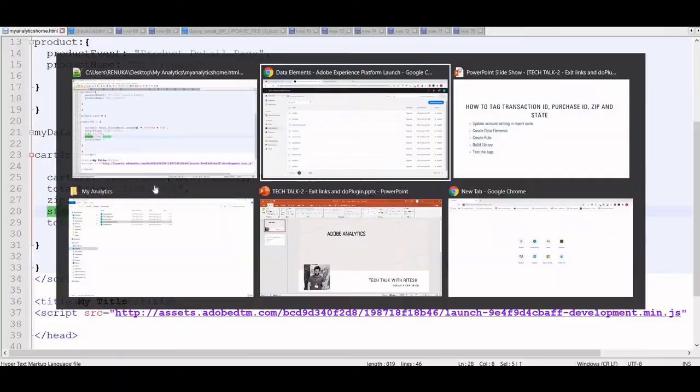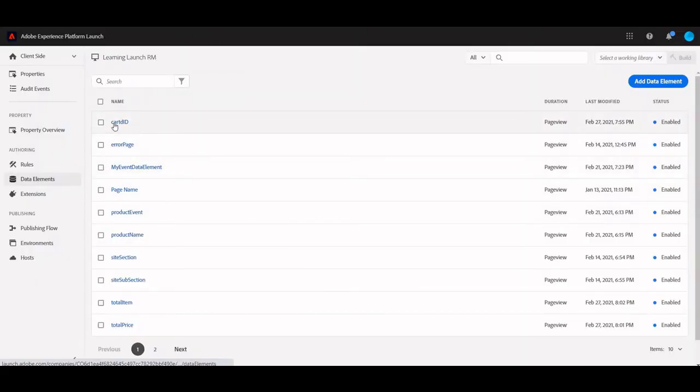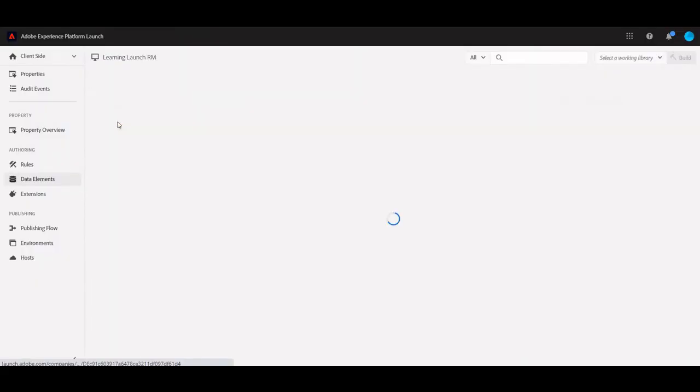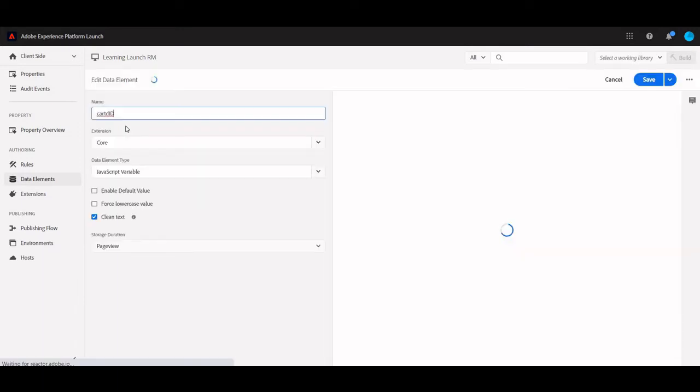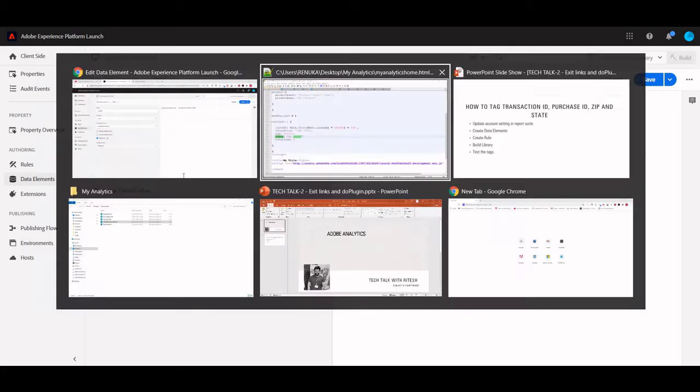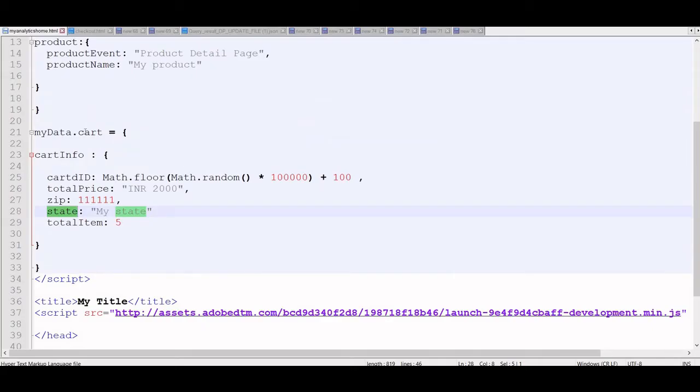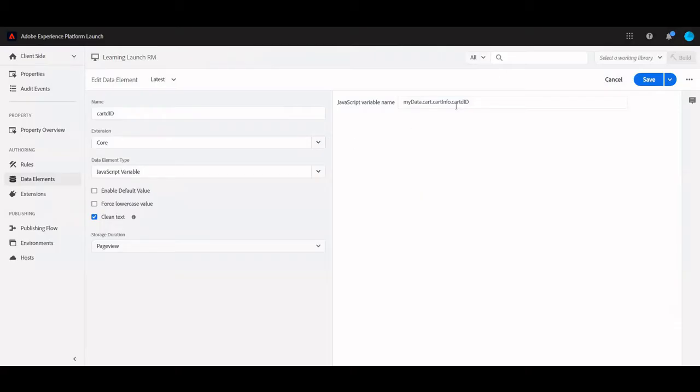Okay, so this is one thing. The cart ID data element I have created. I have used the core extension, clean text, taking it from a JavaScript variable, and this is nothing but myData.cartInfo.cartID.